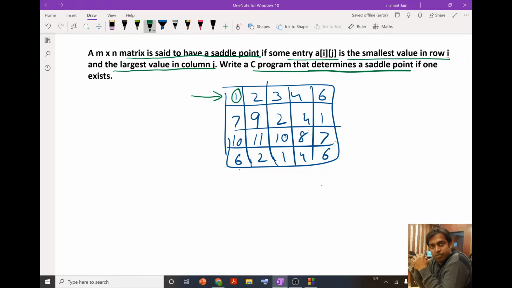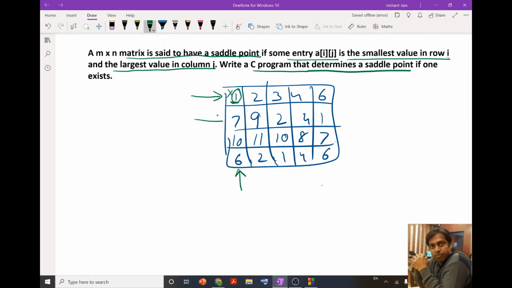Now, if we check whether it is the largest in the corresponding column, we see that it is not. 10 is the largest in this column. Since this element is smallest in row 0 but not the largest in its column, it is not a saddle point.